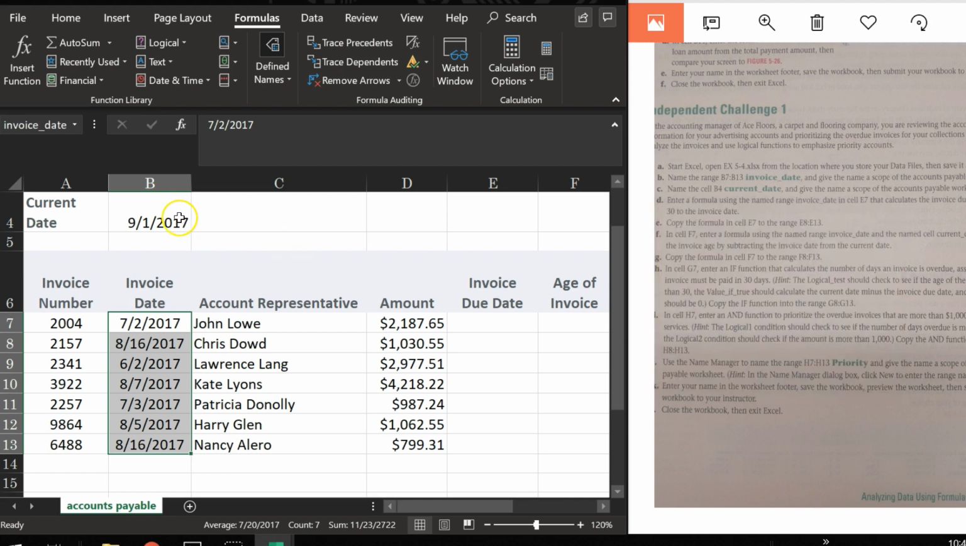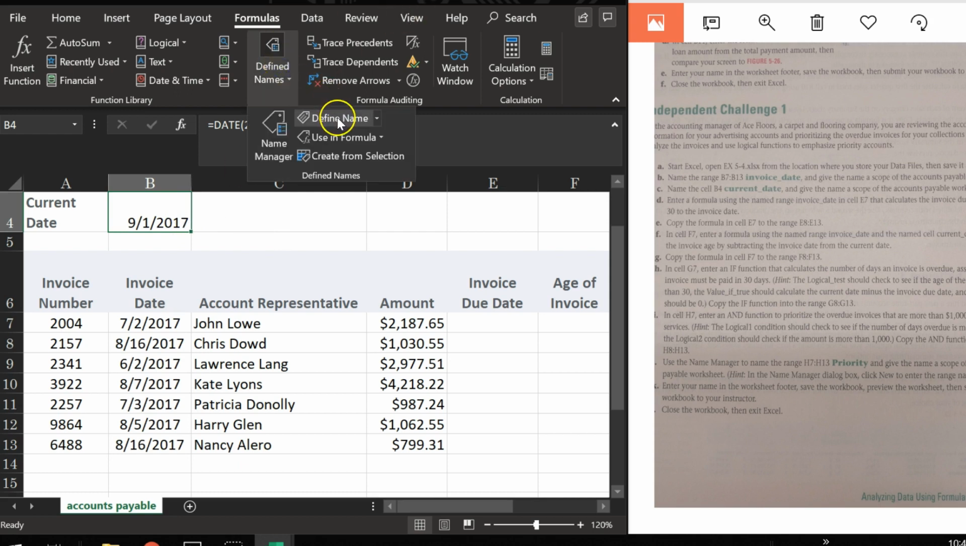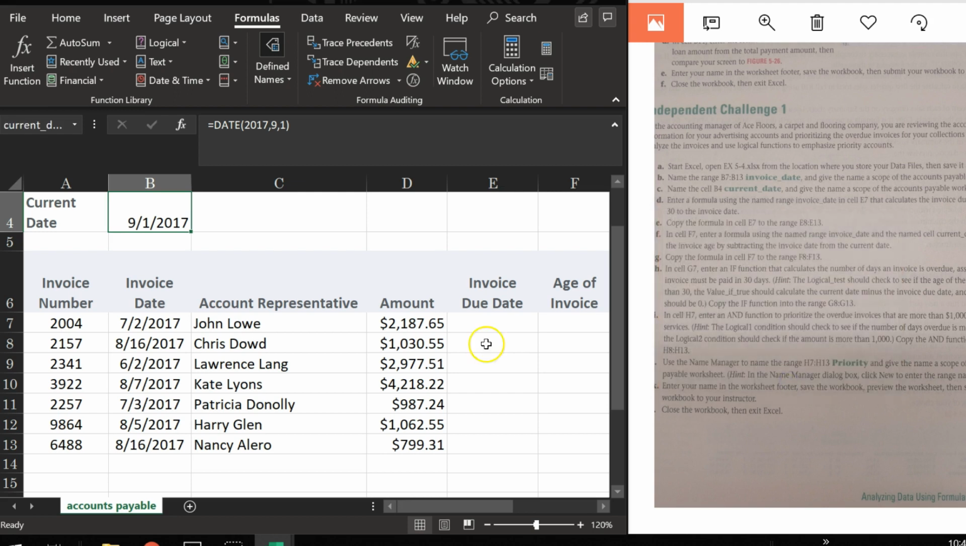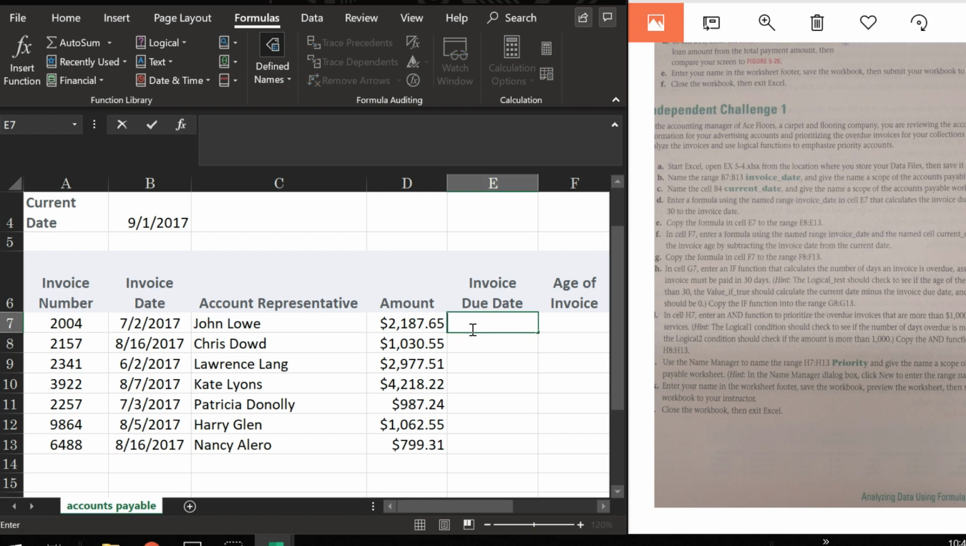Then I'm going to select B4 as it asks me, and I'm going to define that name as well. Then I'm going to type in Current Date and select the scope as Accounts Payable. Then it says for E7 for us to enter